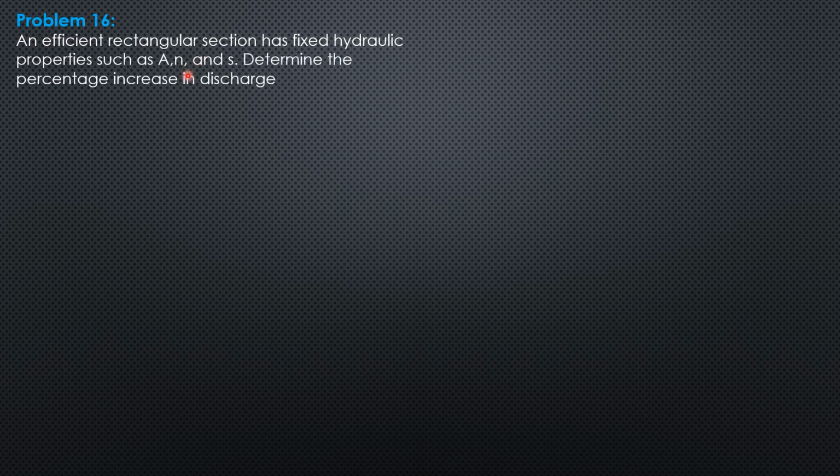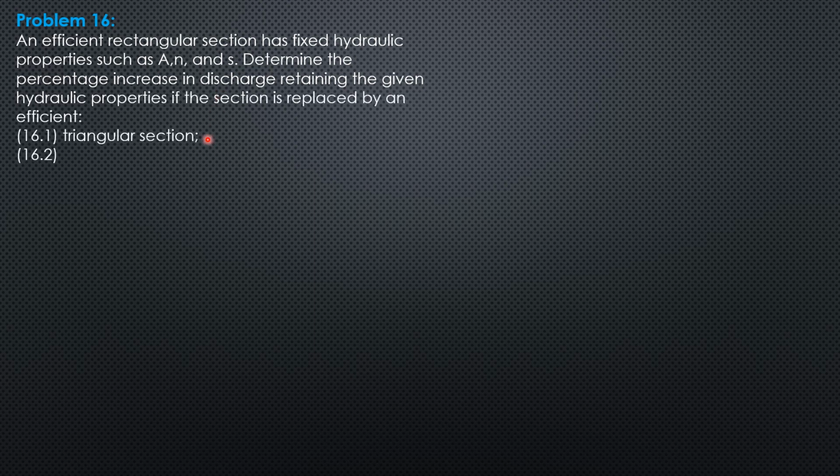Problem 16. An efficient rectangular section has fixed hydraulic properties such as area, roughness coefficient, and slope. Determine the percentage increase in discharge, retaining the given hydraulic properties, if the section is replaced by an efficient triangular section, trapezoidal section, and the most efficient of all efficient sections. So first, let's evaluate the discharge of